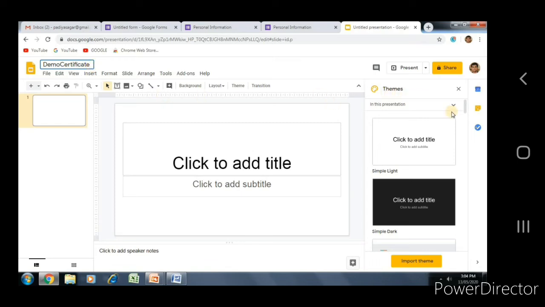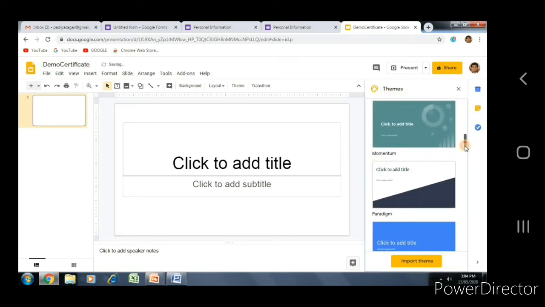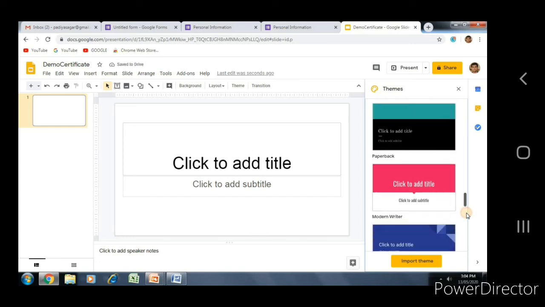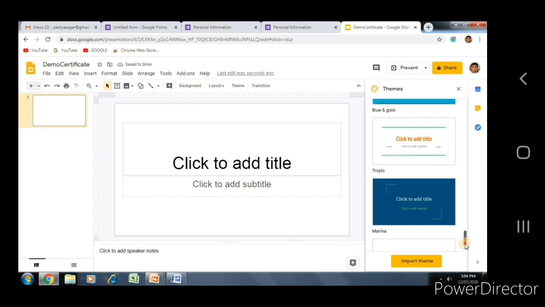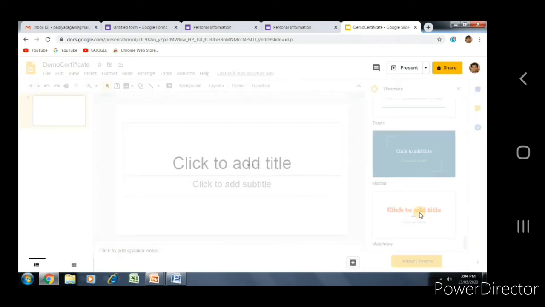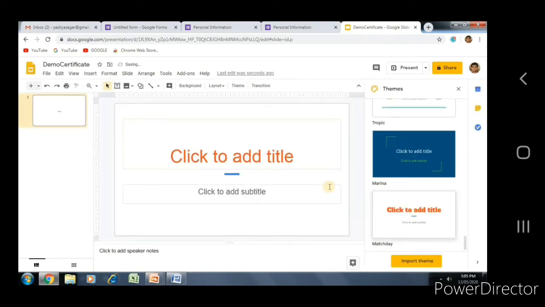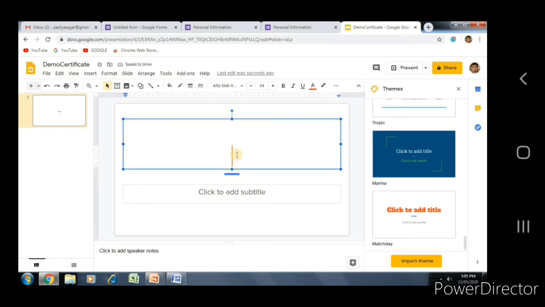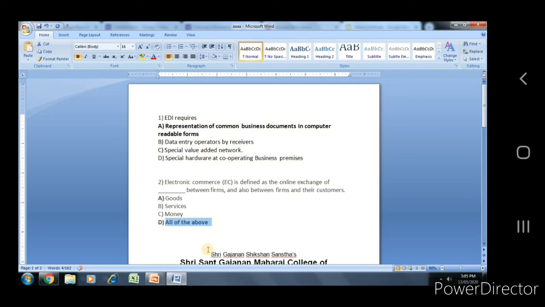It provides lots of basic themes. These are all the themes. I can select any one. I select the last. Now, just like Notepad or any image editor, it shows all the tools for text, to add a table, to add an image.